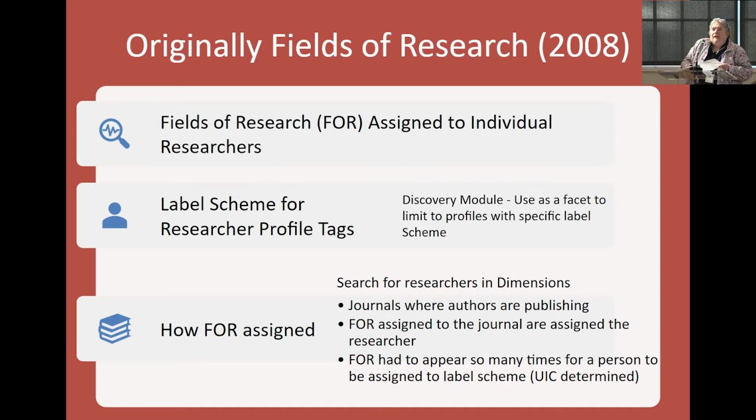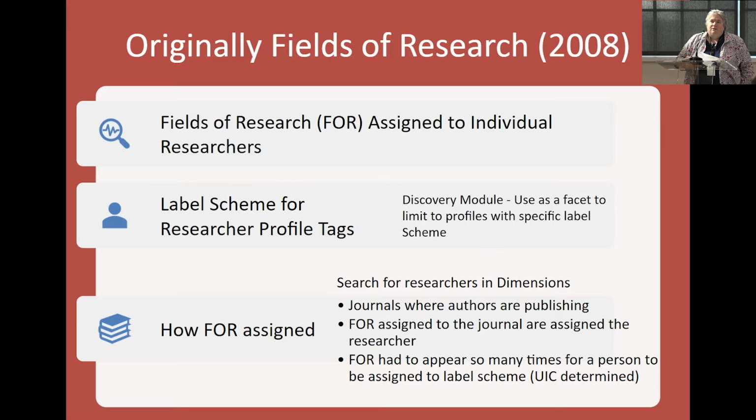So I'm going to talk about what we went through to come up with our own custom expertise list. Originally at UIC, we had been using the fields of research terms that were assigned to individual researchers. Those terms show up as label schemes in Elements as researcher profile tags. So if someone's in the discovery module, they can use that as a facet to limit profiles to people with